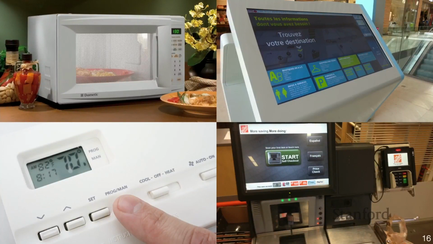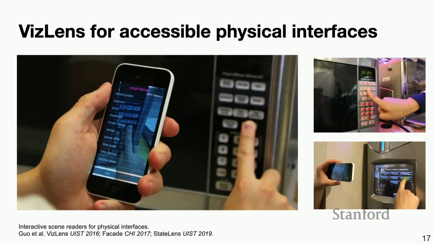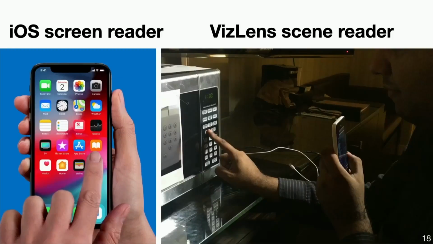So going back to this example, making all of these interfaces accessible has been a long-standing challenge. And especially because there's already a huge legacy problem of these devices already in the real world, right? They are not connected to the internet, and the user is not able to control them using a different device. So in our prior work, we have developed systems to interpret these interfaces, either static or dynamic, and enable blind people to independently access them. So to show you,